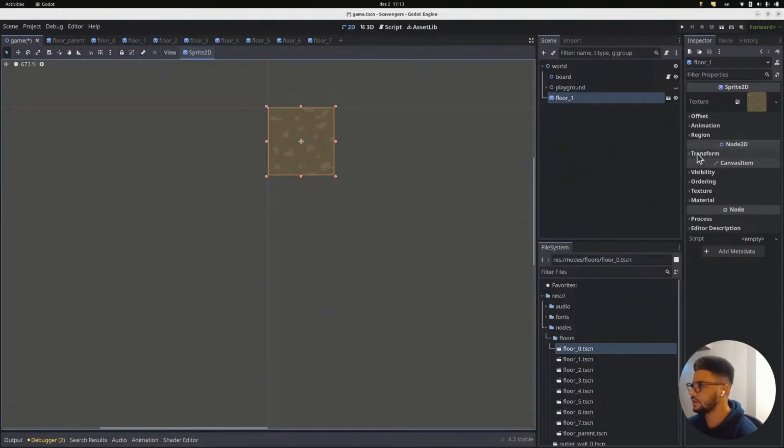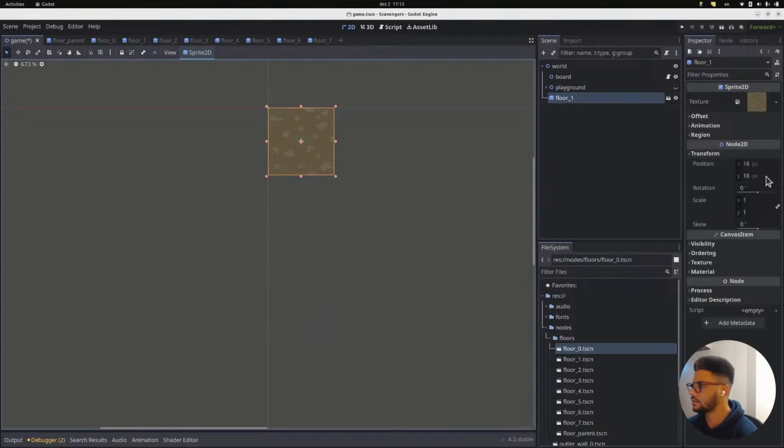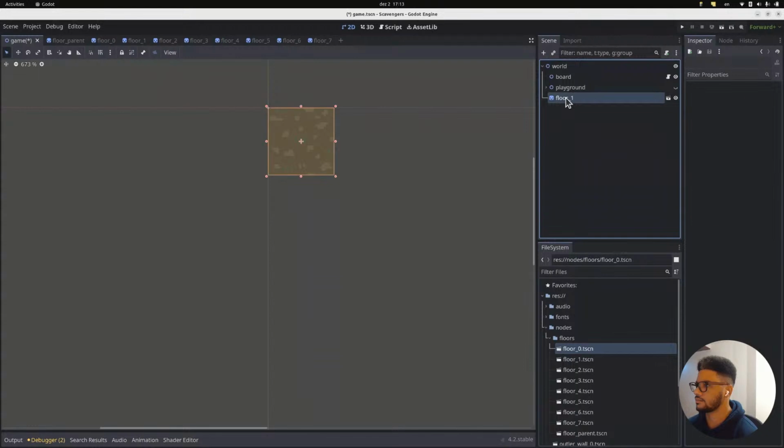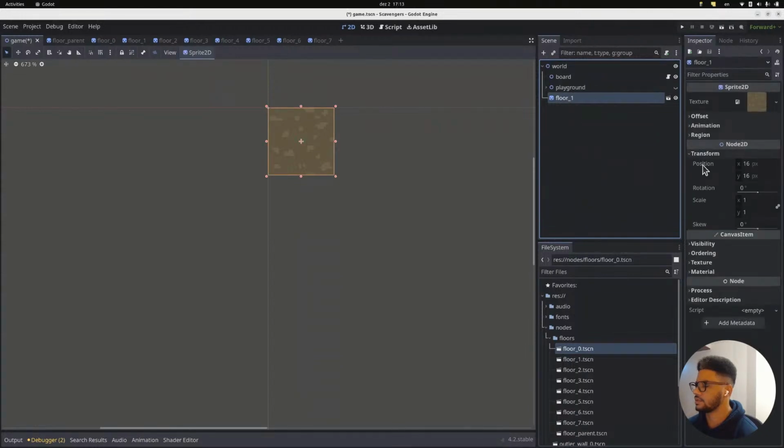So its position right now is 0, right? 16 by 16. Huh? Why? Position 16, 16. Oh, I see. I see what's going on. So it needs to be